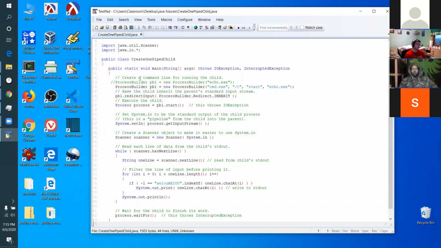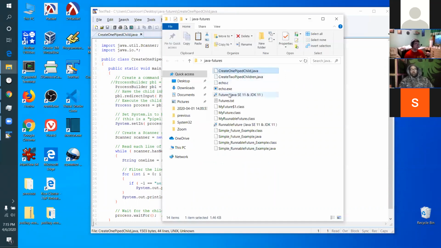This is what the Java code looks like for a Java process. The Java process is going to create this echo process. So this Java program is going to run this C program, and this Java program is going to talk to the C program. The C program standard out will feed into the Java program standard in. So when the Java programmer reads from standard in, he won't be reading from the keyboard, he'll be reading from